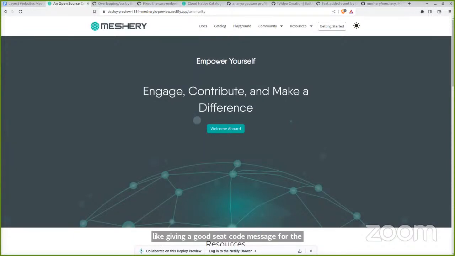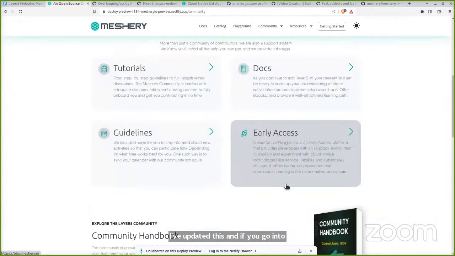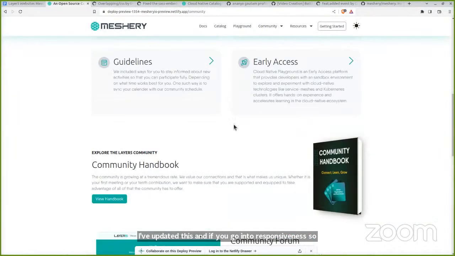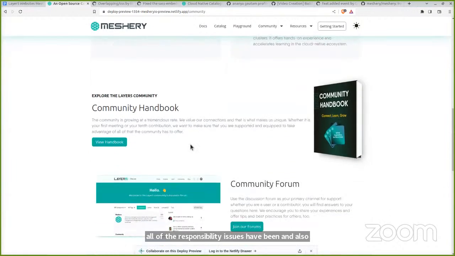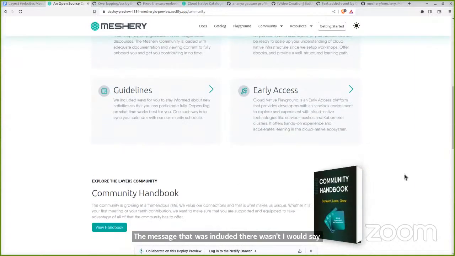So I've updated this, and if you go into responsiveness, all of the responsiveness issues have been dealt with. Also in the early access part, the message that was included before wasn't, I would say, correct, so I've rectified that too, and it will be redirected to the play.html page.